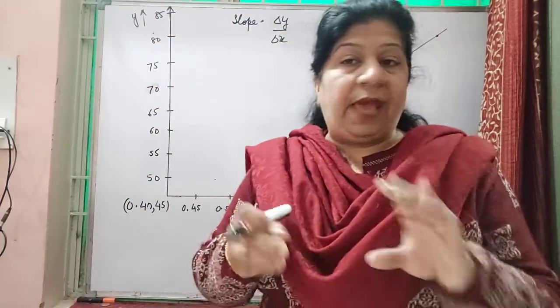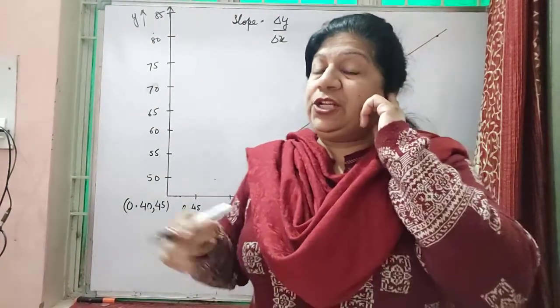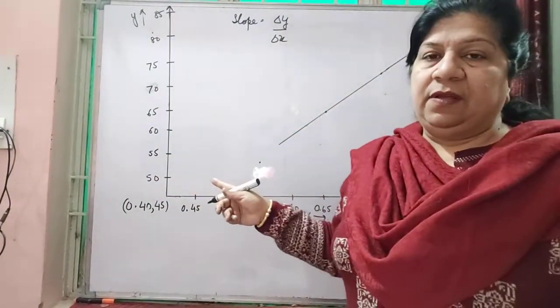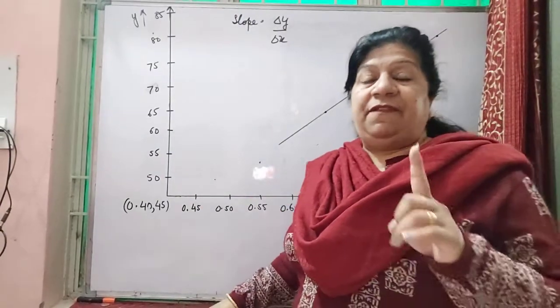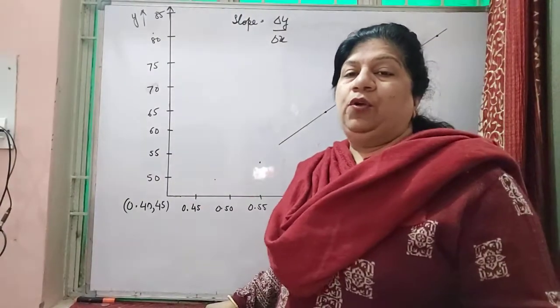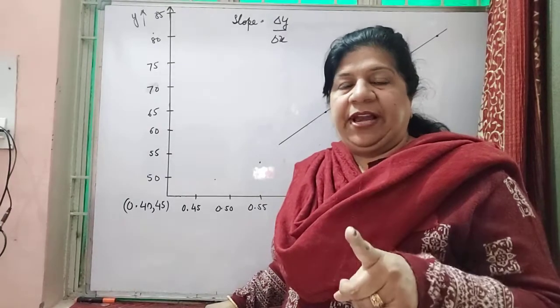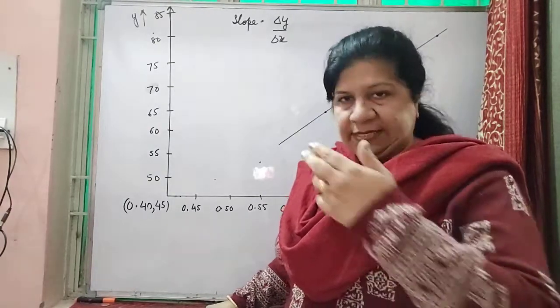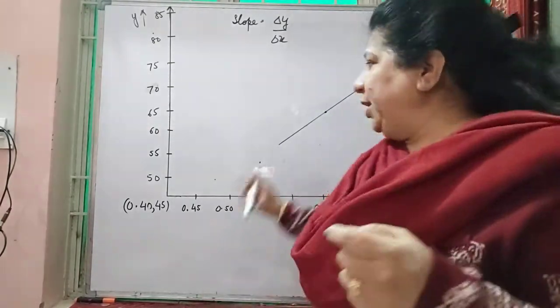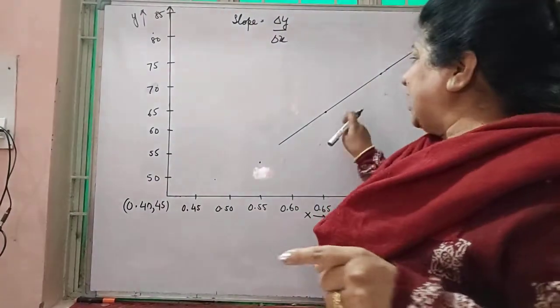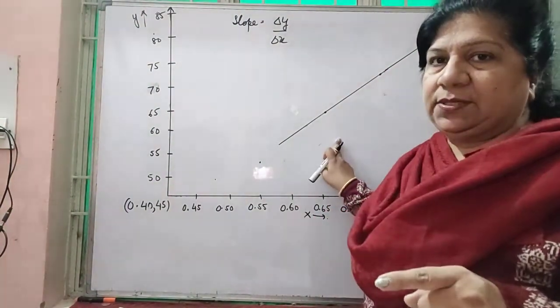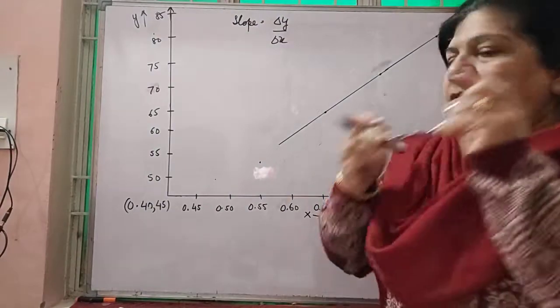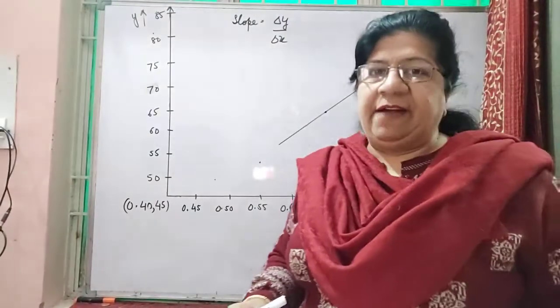It should be from the graph itself. Please note this very carefully. Whenever you make a graph, one reading you take from the table, and one reading you take from the graph which has not been plotted in these points. For example, what I have taken is